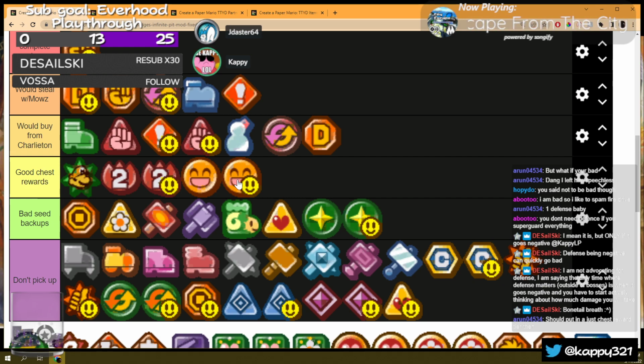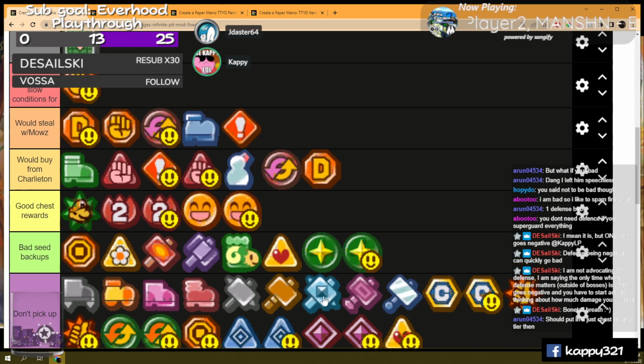By the way, if a chest reward is bad, I will be putting it in don't pick up. Yeah. I'll explain later. I'll just explain now. Basically, there are badges you're going to get from the chest that you only get from the chest that you're never going to use. They're just going to go here, and you don't use them ever. They're just there in your inventory because you can't avoid them. But Feeling Fines, they're borderline for me because if you have